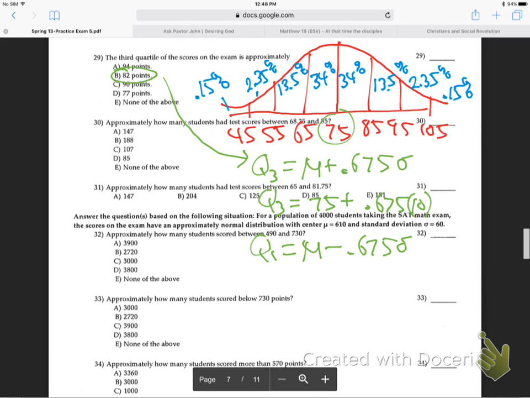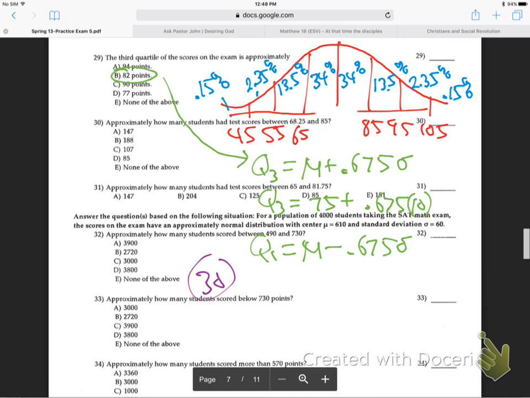Okay, number 30. Approximately how many students got test scores between 60... Oh, that's a harder question. Oh, they're being tricky. Okay, you guys good with that? So I want to do number 30 now. 30 is pretty tricky. So for number 30, they're asking how many got test scores between